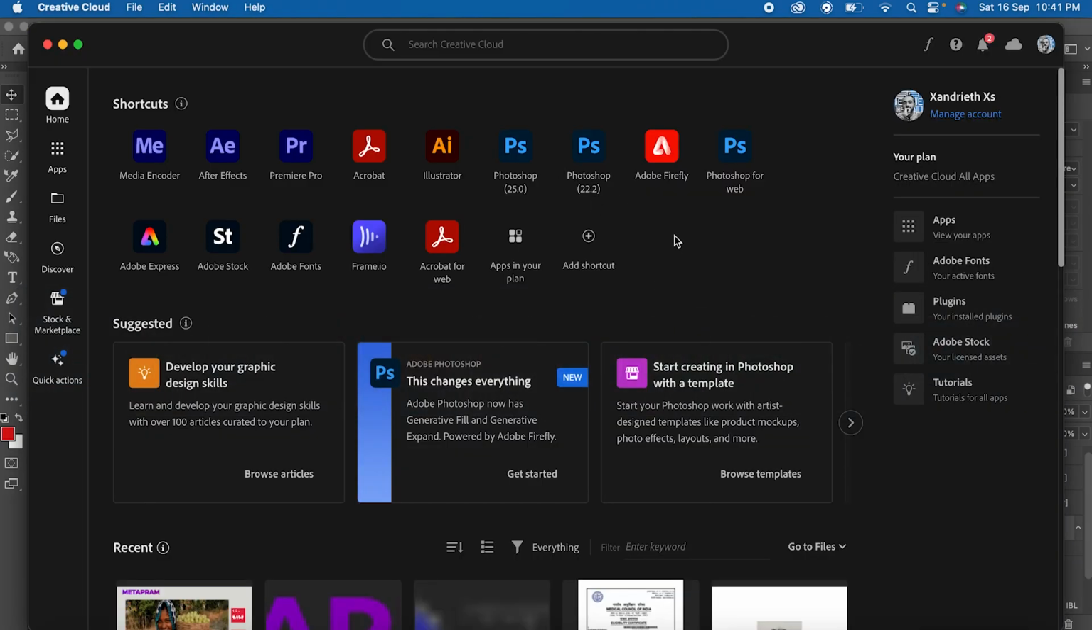Now you can see the current version is Photoshop 2025, which is the Photoshop 2024 after the beta and generative fill, etc., and the version that supports 3D features last was Photoshop 2020.2. So we need to have that, and to get that you need to go to apps,